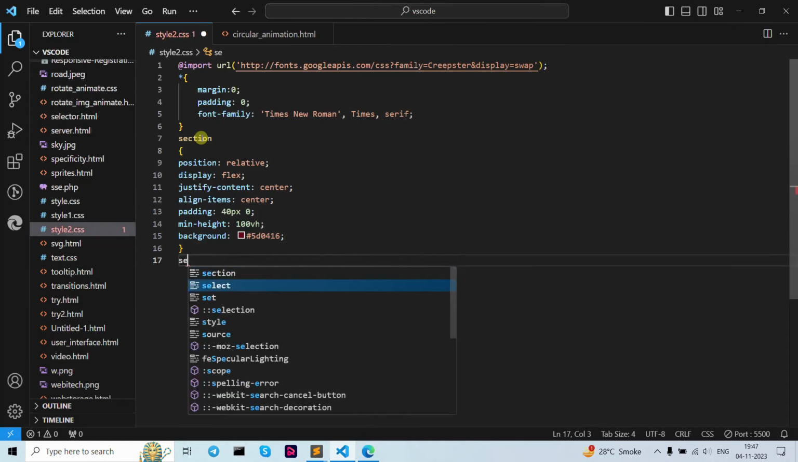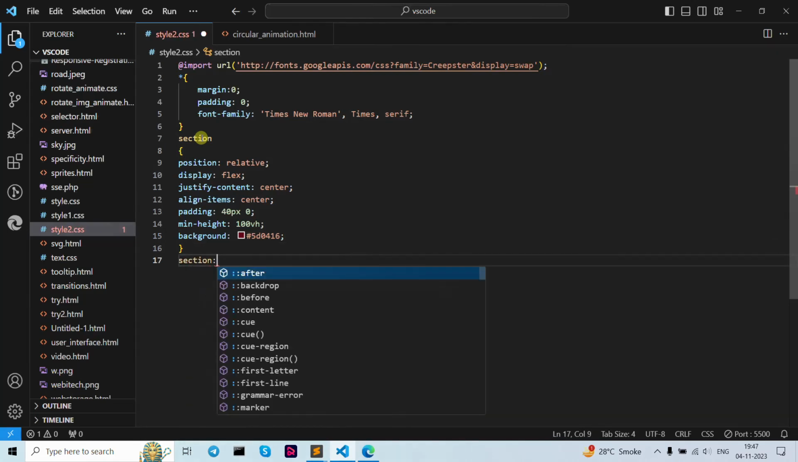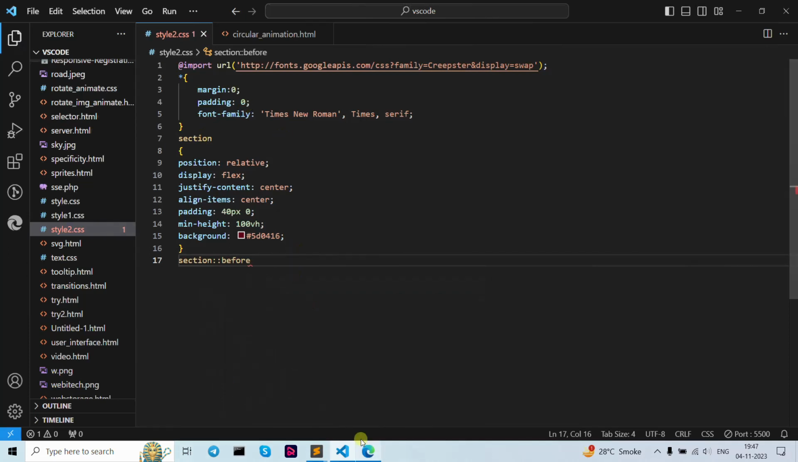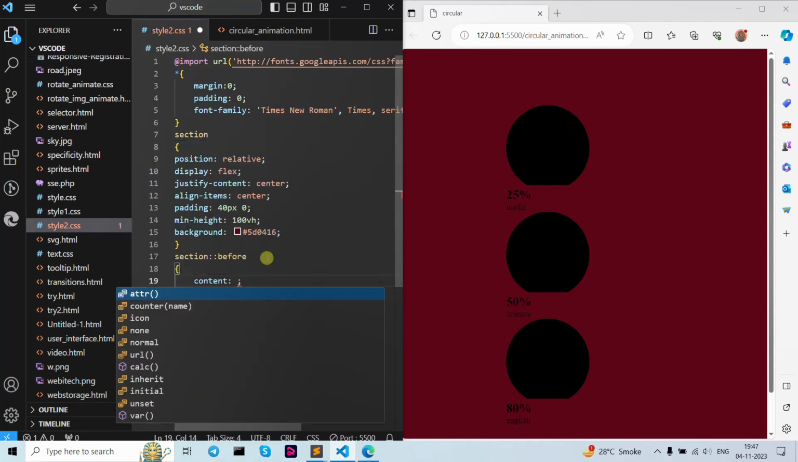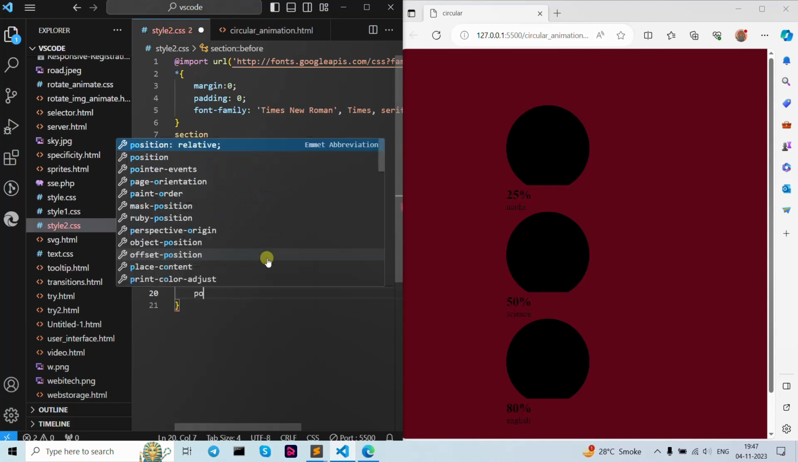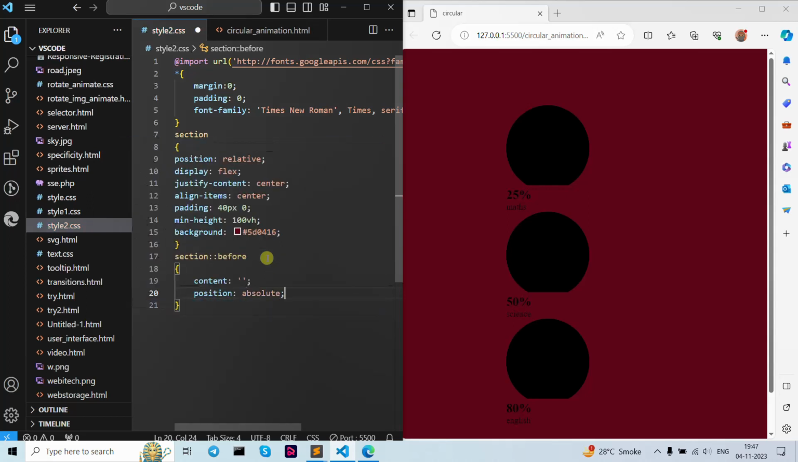Now let's write down our section before. So I'm going to give it the content as empty here. For empty you need to write double single quotes. Now let's give it the position as absolute, then give it the top as 45 percentage, then left as 0, then width as 100 percentage,